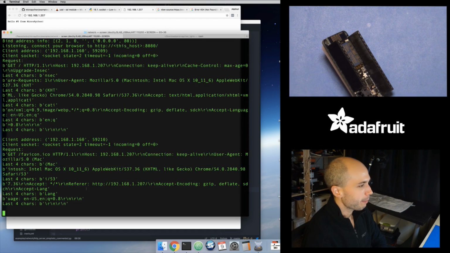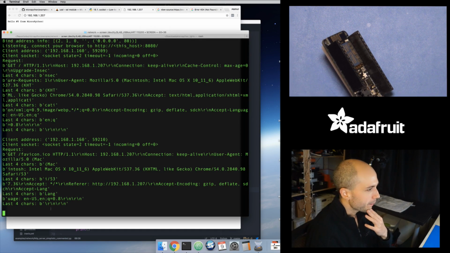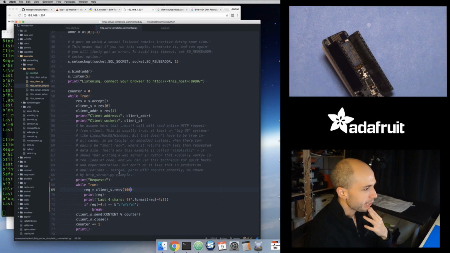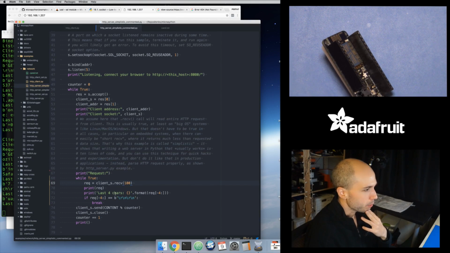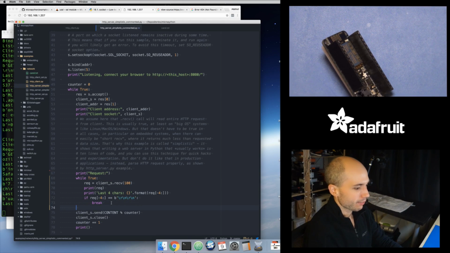Okay, so let's see what happened here. So yeah, my last 4 characters were \r\n for that last chunk. So why is that not breaking me out of the loop here? So maybe it is breaking me out and I'm not seeing it. So let's print, let's say, received request down here. It's interesting that this is not evaluating to true, because this should be, and maybe